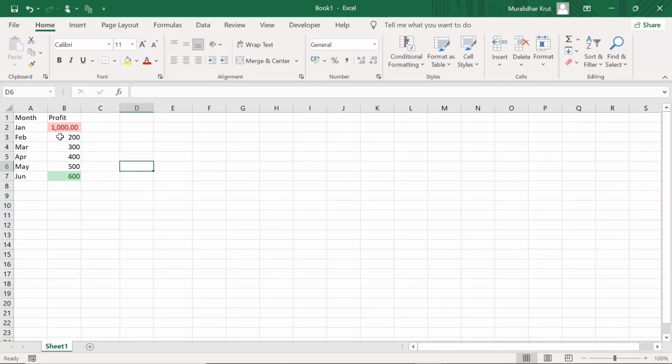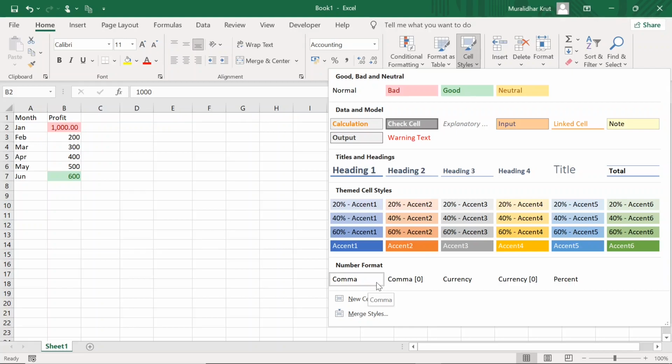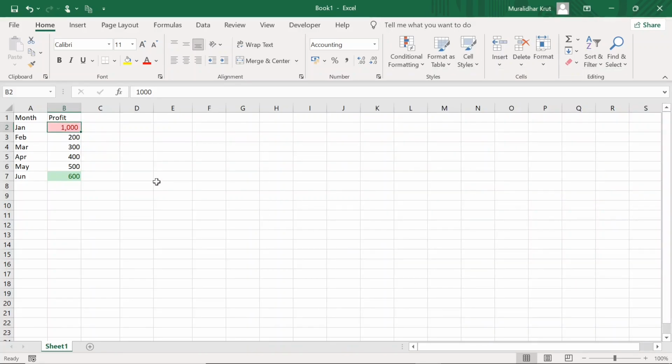So I get a comma at the thousand separator and .00. Let me select this cell again. If I go to cell styles, instead of comma, if I say comma 0, the decimals will be gone.